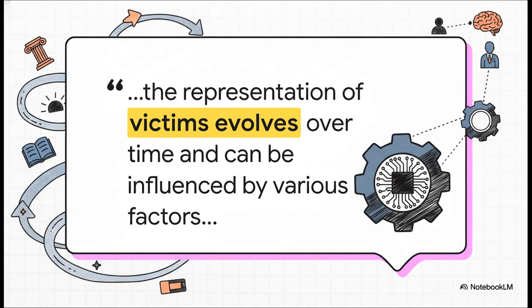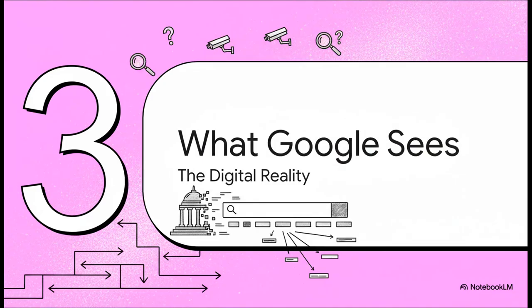And that makes total sense. Our collective memory of historical events isn't set in stone. It evolves as we learn how to tell these stories more ethically, more effectively. The real question was, has the algorithm kept up with that evolution? So the stage was set. How did the reality of Google search results stack up against what everyone expected? Well, what the researchers actually found was something else entirely. It was not what anyone would have predicted. The digital reality of this history looks very, very different from the one we've so carefully built in our memorials.